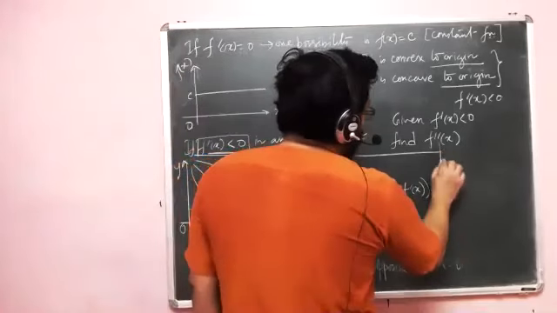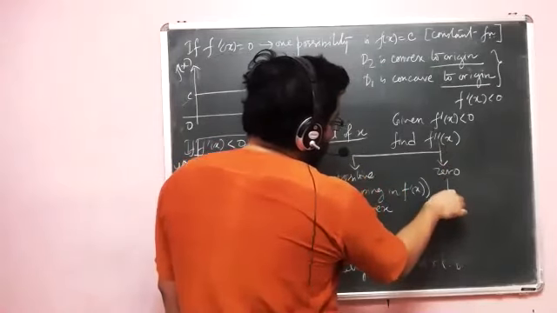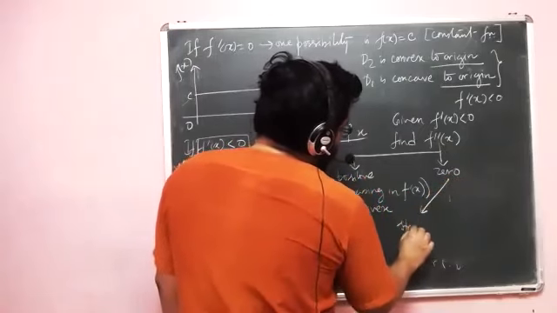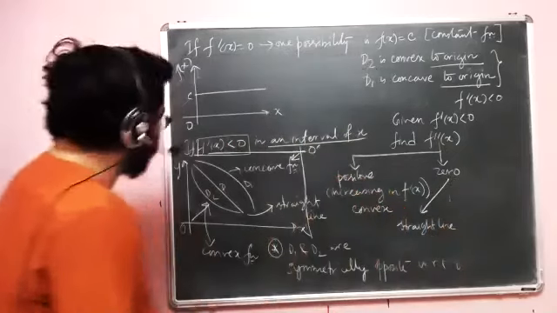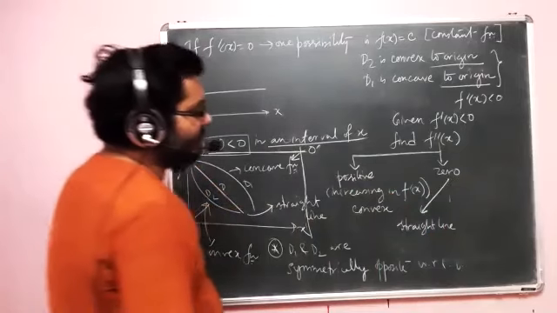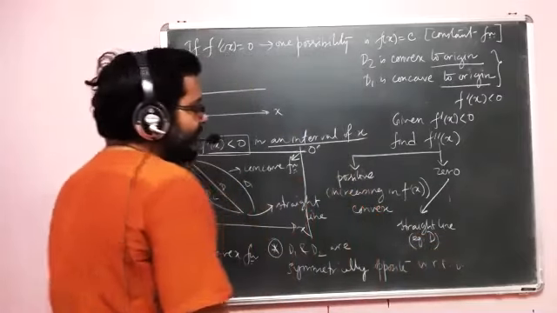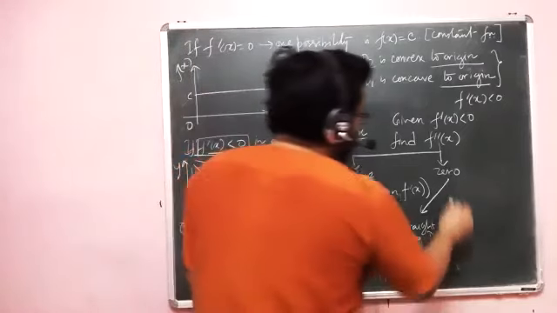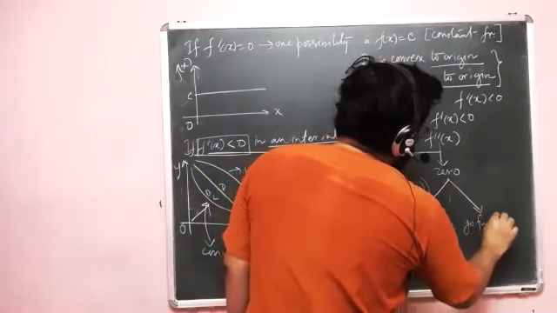And if I have 0, then again there are two possibilities. Possibility number one is that it can be a straight line. So there is this possibility. For example, d is one such function for which f double dash x is 0. But the point is that d is not the only possibility that we have. So much like f dash x equal to 0, we have another idea of going further.